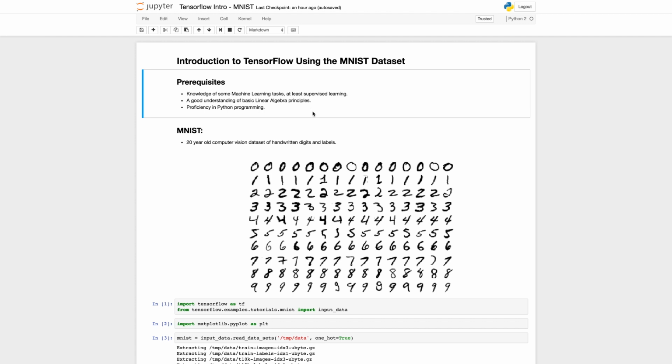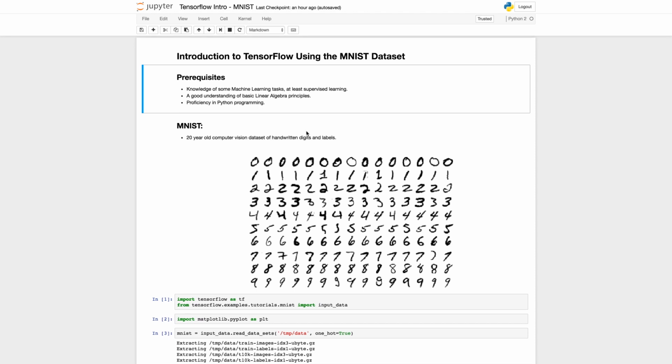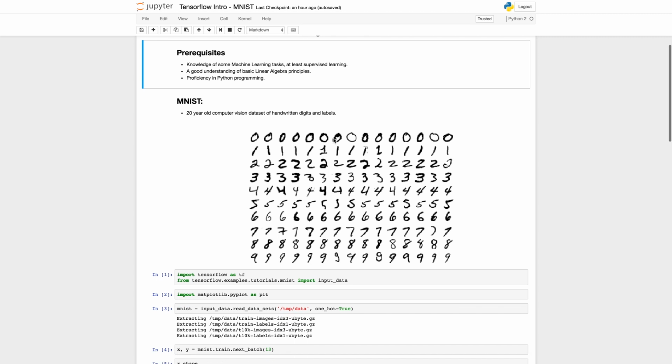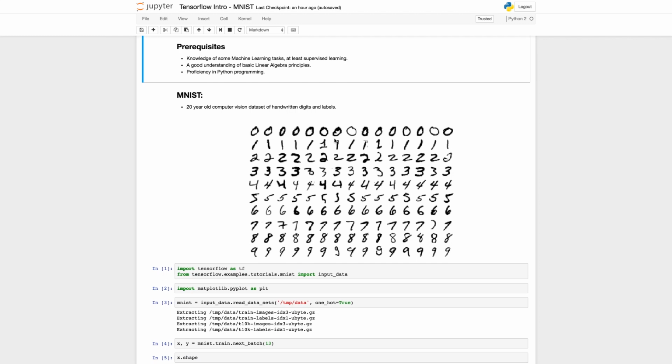Secondly, you should definitely have some understanding of basic linear algebra principles. So matrix multiplication, weighted sums, linear combinations. If you've taken a basic linear algebra course, then you should definitely be good to go. Third, I think proficiency in Python programming is very important. Without that, you're not going to be able to follow along with the code, read it, or even get to write